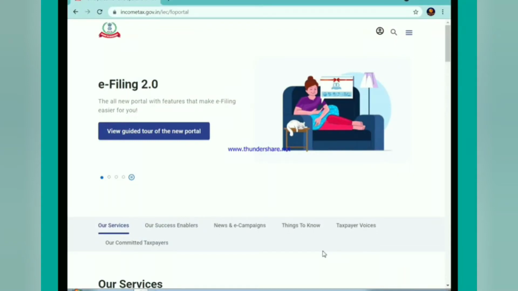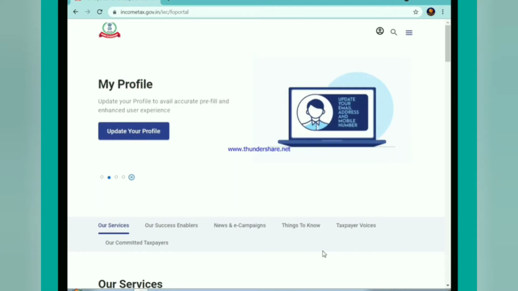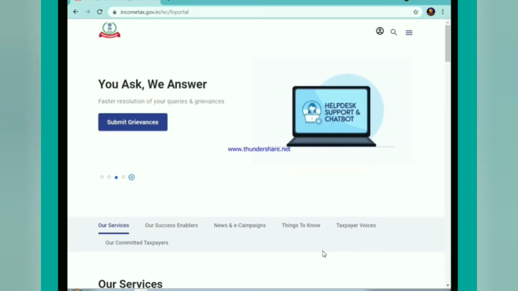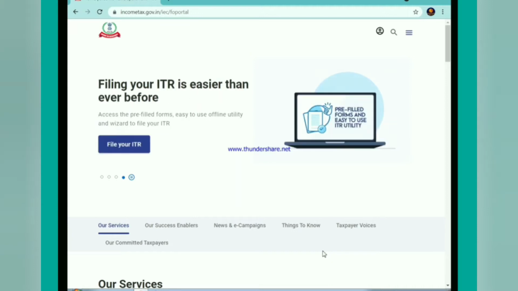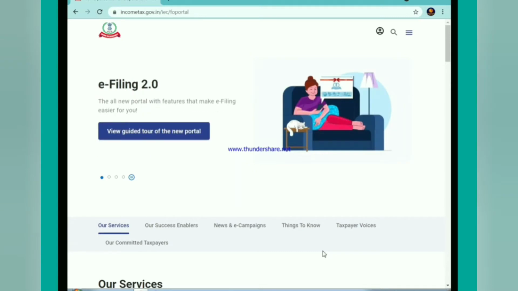Previously, we launched a video showing you how the new income tax portal looks. After that, so many people complained that the new income tax portal was not working. Basically, the government wanted all of us to visit the portal, and there were so many people visiting the site. Previously, we showed that about 6 crore people visited within a few hours, and that's why the website crashed. It was down for almost 2 days.